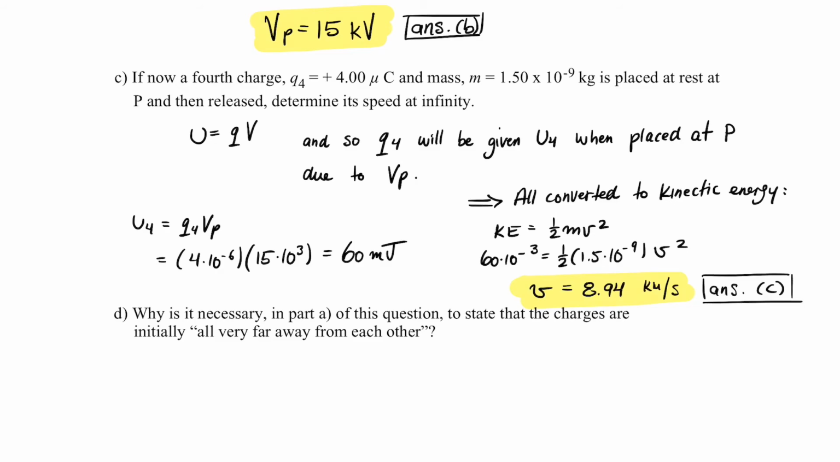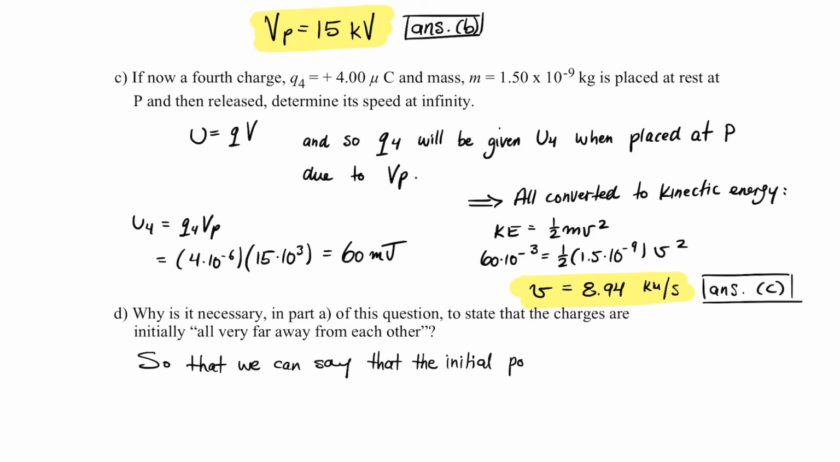What we have yet to mention is the wording in part A of the question, where it says that the charges are initially all very far away from each other. The reason why this is necessary is that it allows us to make assumptions about the initial potential energy of each of the individual charges. Being quote-unquote very far away can be considered as infinitely far away in a mathematical sense,